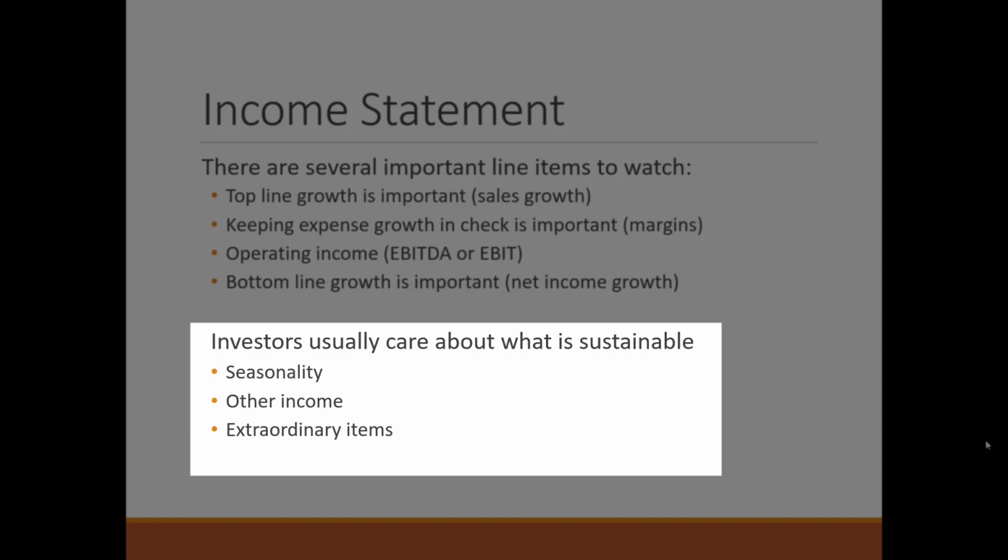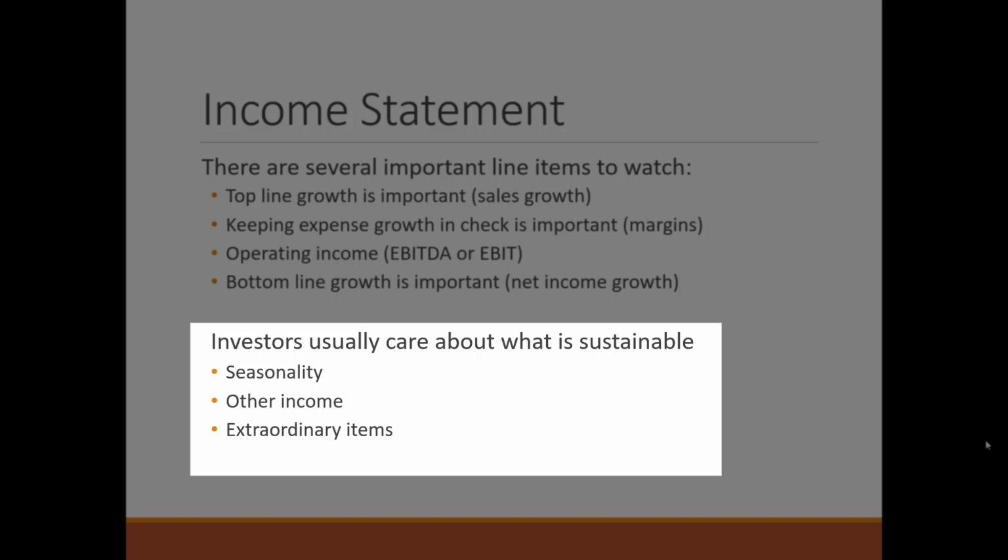So things that we would think about in terms of sustainability are seasonality. Frequently firms will have some kind of seasonal aspect to their income, and we want to make sure we keep that in mind. Certainly anytime we're comparing quarters, quarter 3 to quarter 2, if one of those quarters includes the Christmas season, we wouldn't get too excited that the quarter has 30% higher sales than the previous quarter. So we want to be thinking about seasonality.